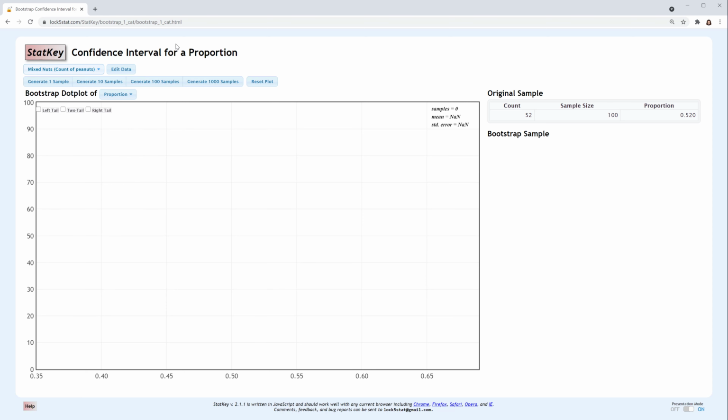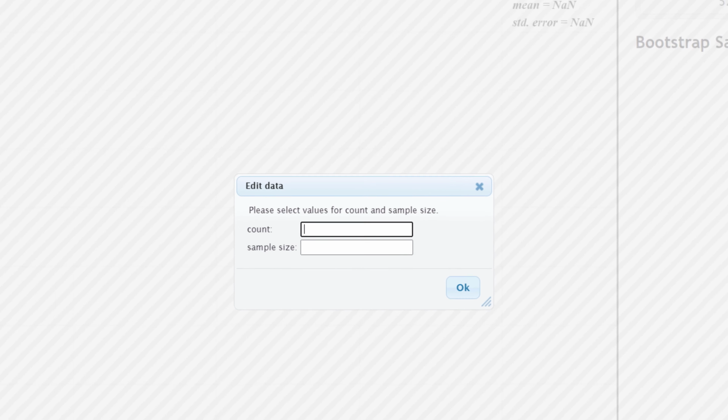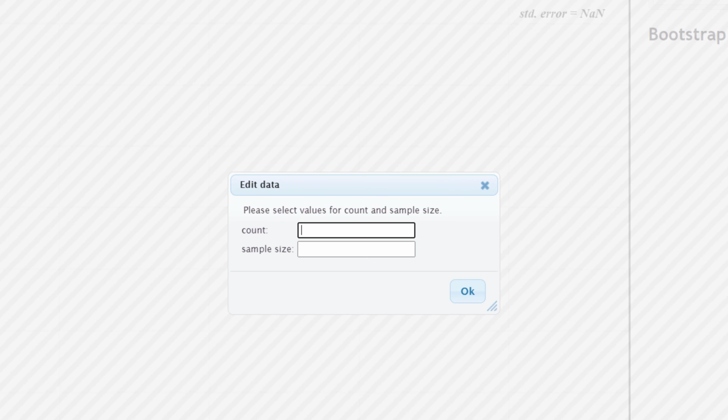We can enter our own data by clicking Edit Data. For a single proportion, this is where you can enter in the sample values. Count is the number of successes in the sample, and sample size is the total sample size. For this example, I'll use the scenario we saw earlier, where 28 out of 40 World Campus students were working full-time. The count is 28, and the sample size is 40. When I click OK,